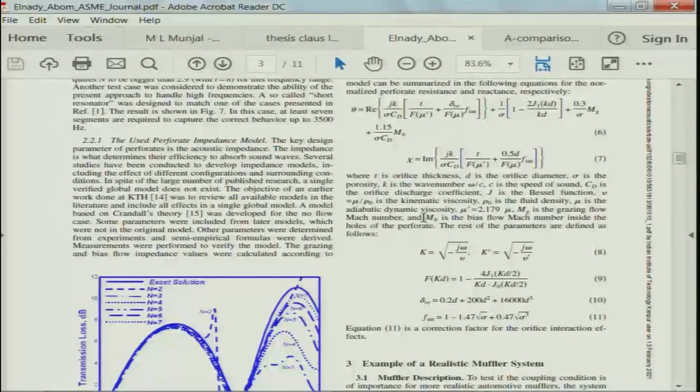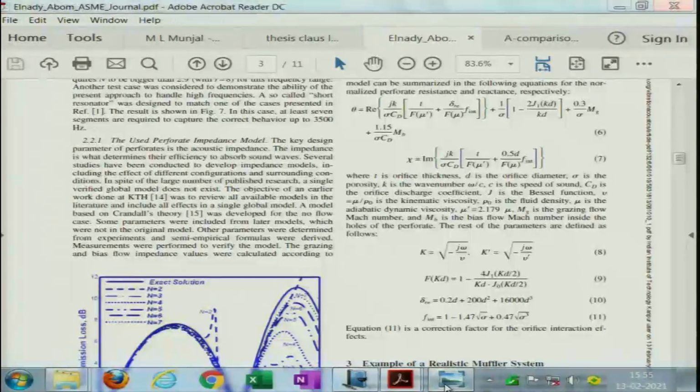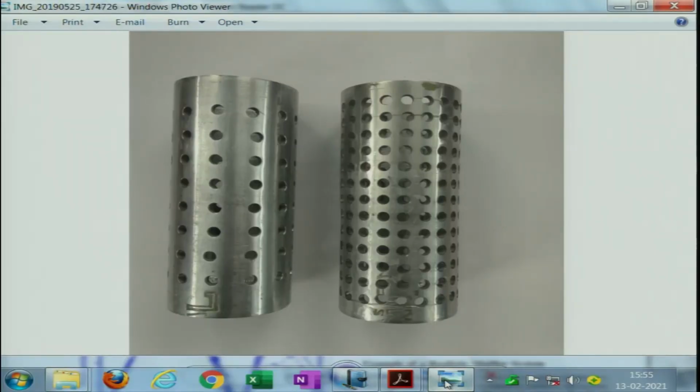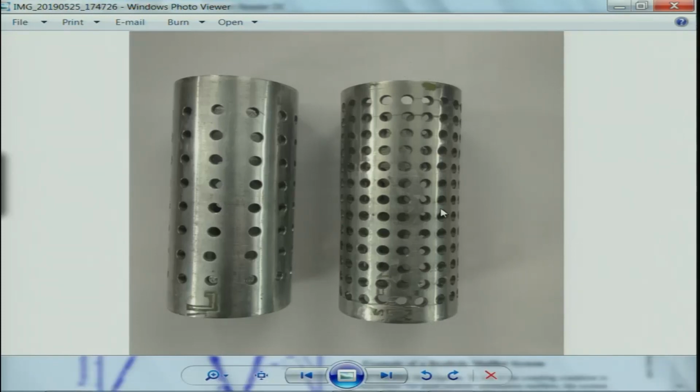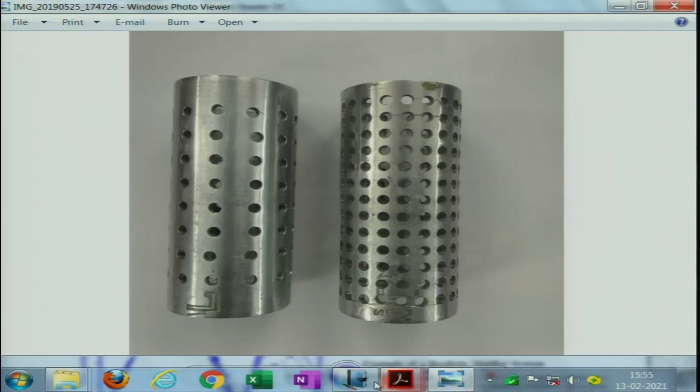In fact, let us say you are given the job of fabricating this perforated tube, which was fabricated by us some time back. How do you define it? It is clearly seen that this one, where my mouse is pointing, is much more porous than this one. So, porosity sigma is defined as the